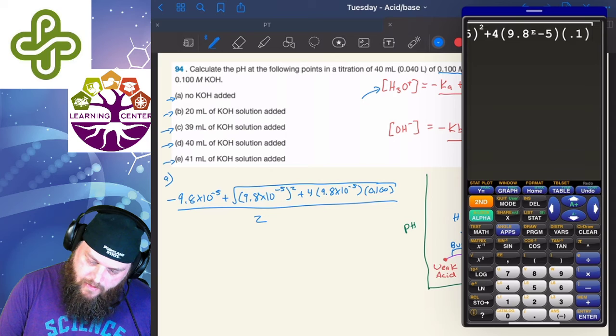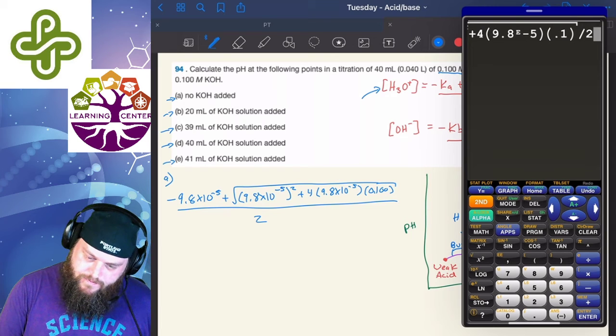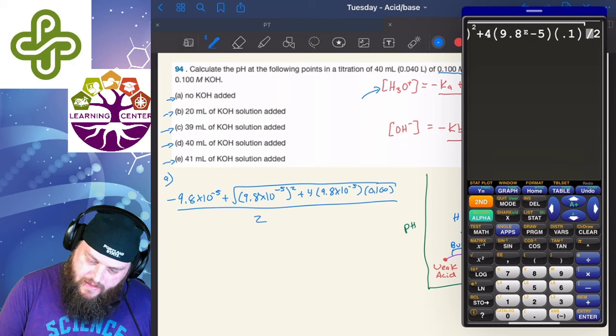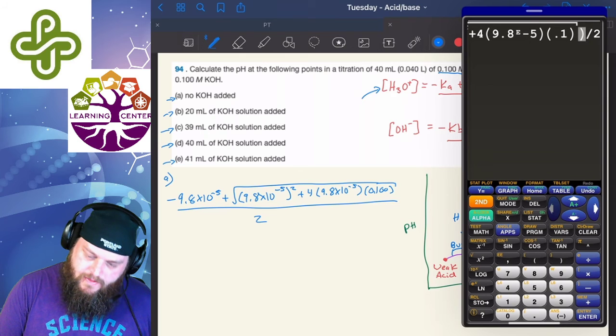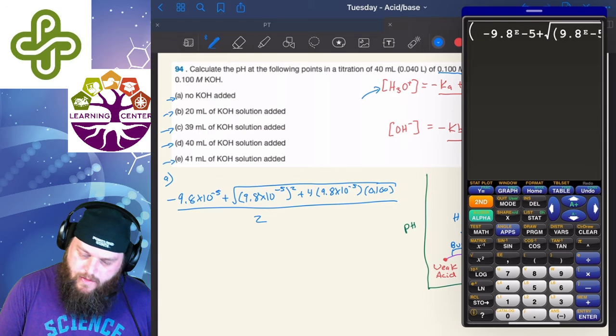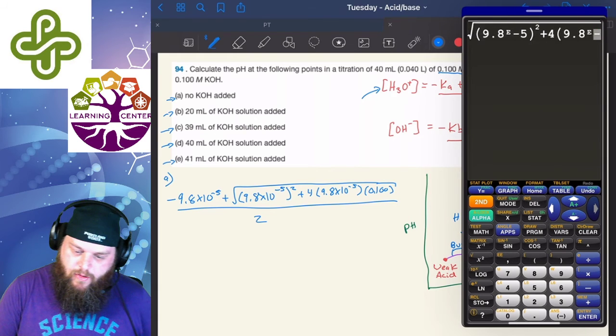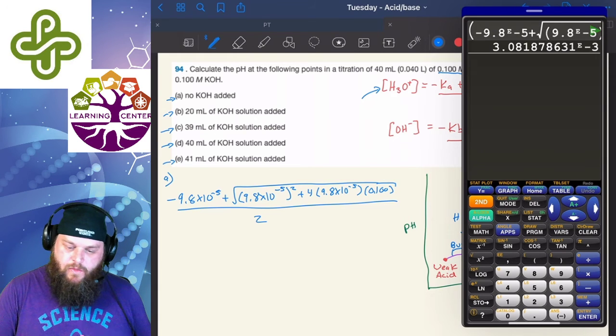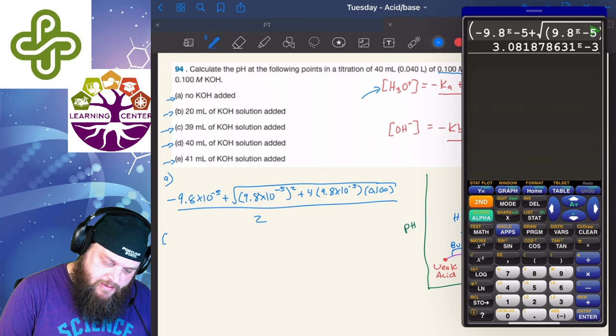And we're going to divide all of that by 2. Let's make sure I get all of it, because I think I forgot a parenthesis at the beginning, which I always forget. There we are. So I got that whole numerator in parentheses, and then I'm dividing it by 2 to give me a concentration